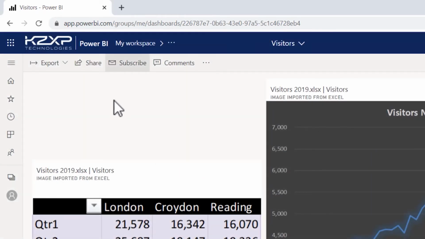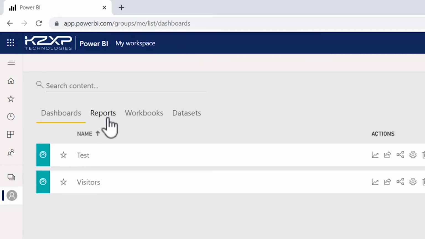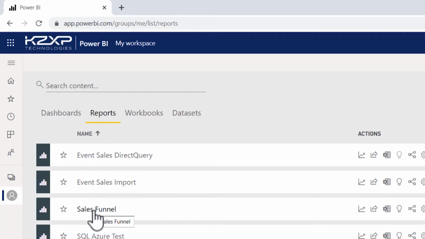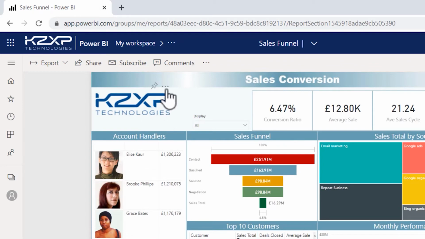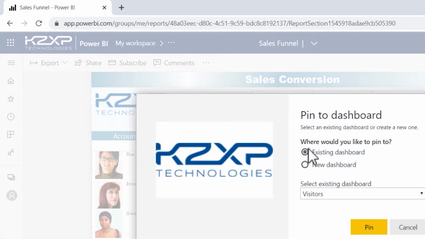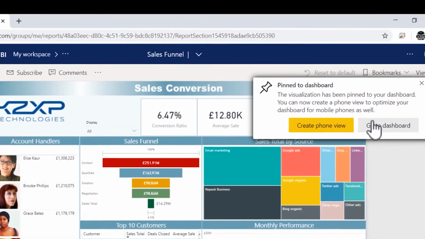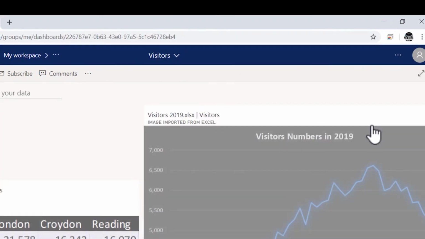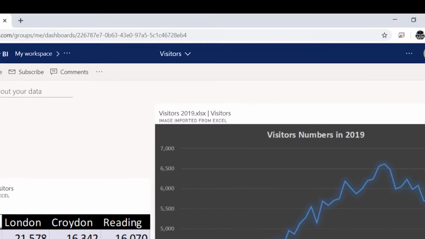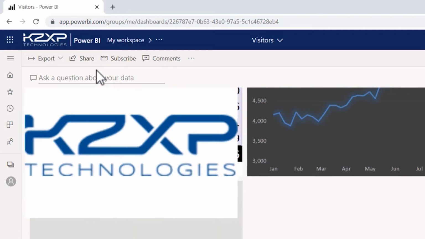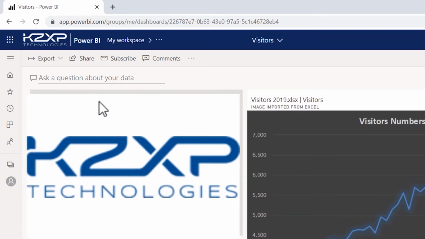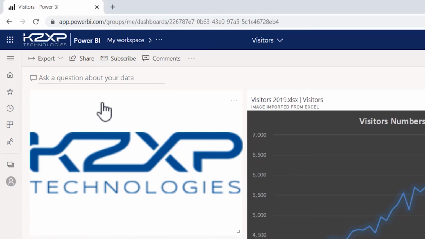So the fix for that is quite easy. We simply pin an item such as a logo from a report, and then we'll be good to go. So let's switch across to a report in which I know that we've got a logo. And let's pin the logo to our visitor's dashboard. Let's go to the dashboard. And here's our logo. Let's just move it right up to the top. And now if you click on subscribe,